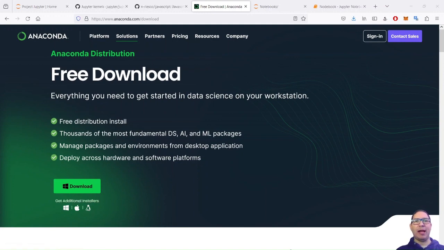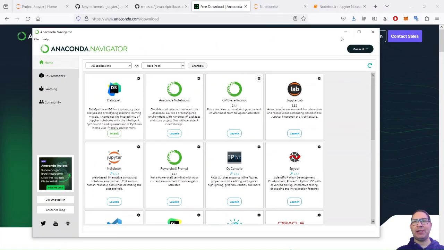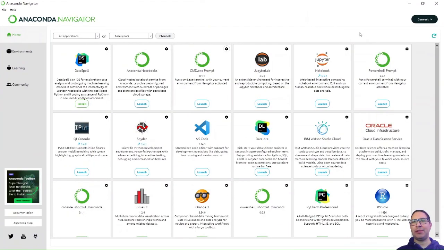And after installing it, what is interesting is we can launch the Anaconda Navigator, which is basically a visual administration console where you can see all the top level applications that are available in this distribution. So I want to use, as I said, the Jupyter Notebook application.